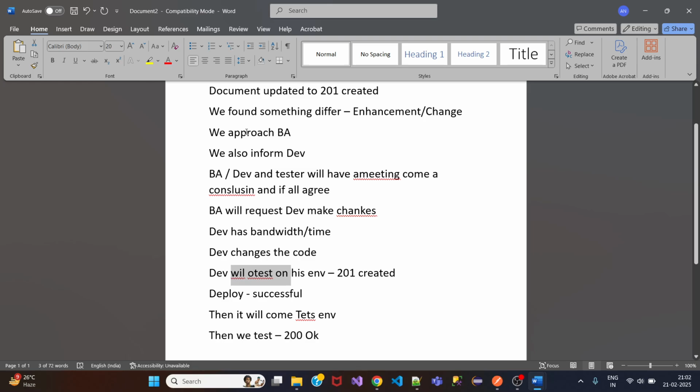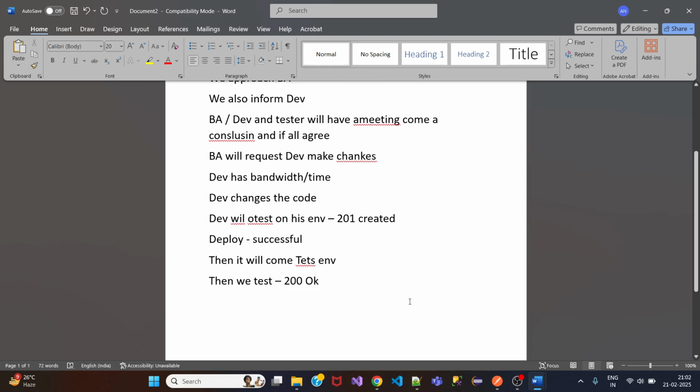Here, don't go to BA again, please. You can directly approach dev and say that we are still getting the same 200 okay. Definitely dev will not agree to this point so soon. It's a common nature. So he will test on your system once again and confirm. Once he confirms, he will take that bug, and then it's the bug life cycle which you need to follow, create and all those things. Okay,